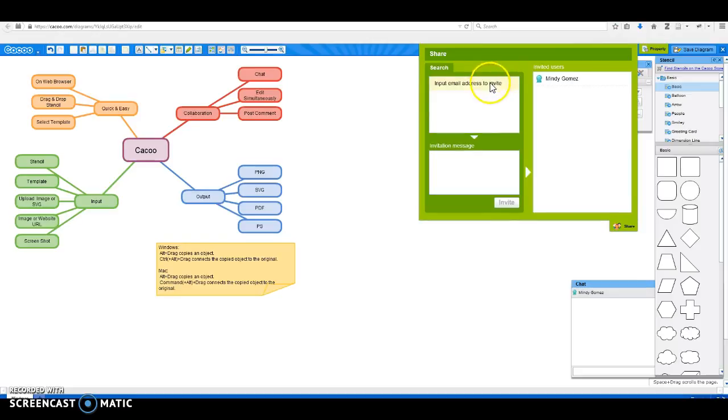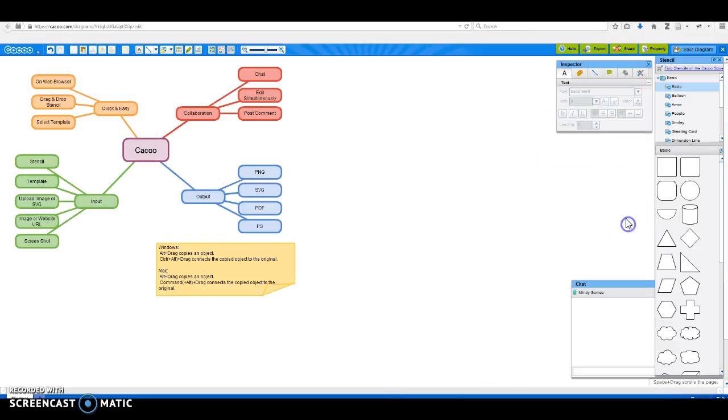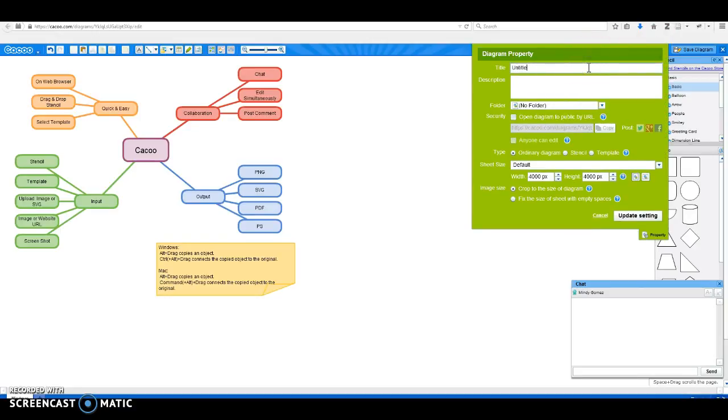There is a share button, and this is where you'll insert email addresses, and then you'll type a little message, and then you'll invite someone to be able to collaborate on your diagram. Now, once you have shared it with someone, do you see this little chat box down here? After you have shared your diagram and that person accepts, then you have this chat box down here, so when you guys are in there at the same time, you can chat back and forth and bounce ideas off each other. First, let's go to the property button, and I'm going to give it a title of linear